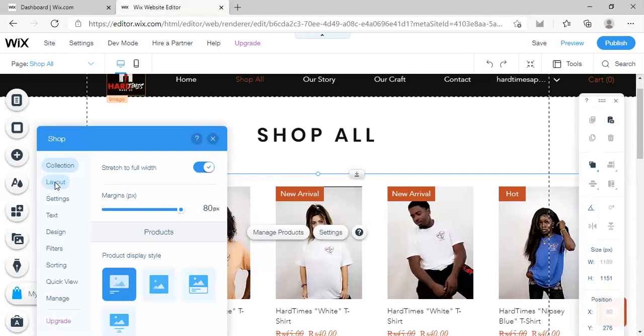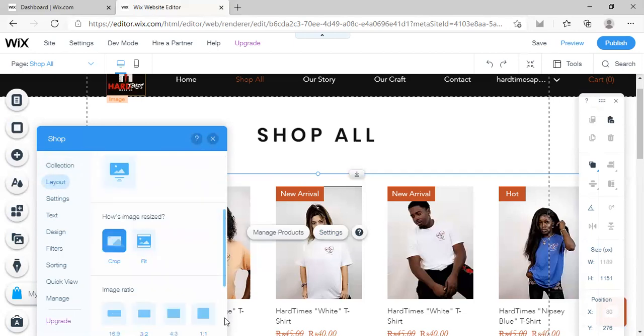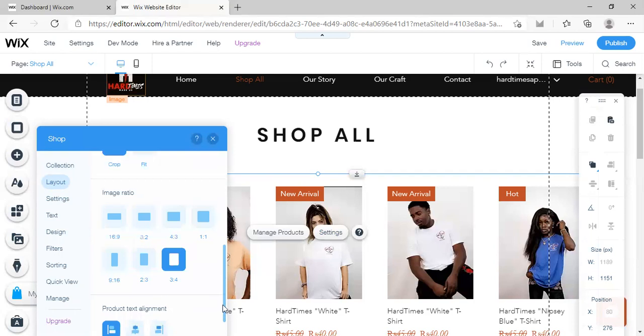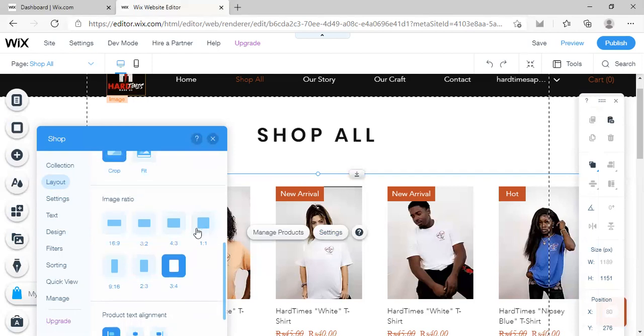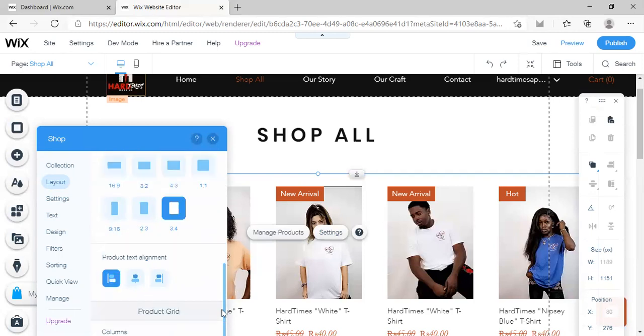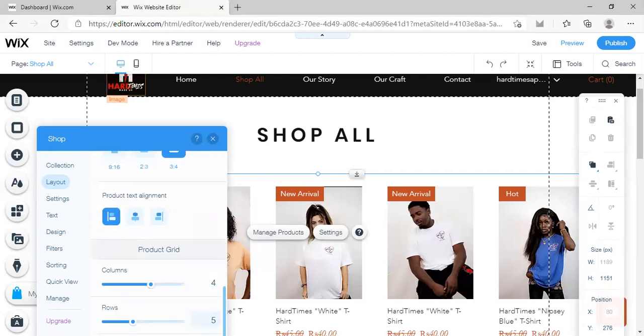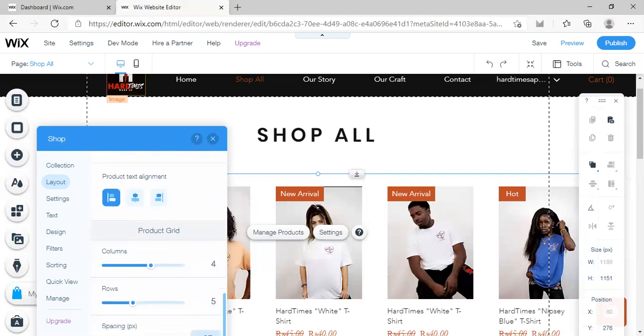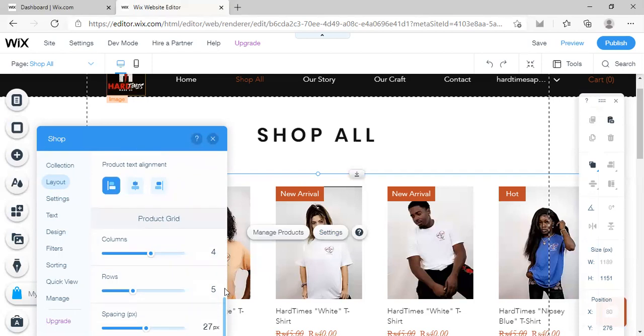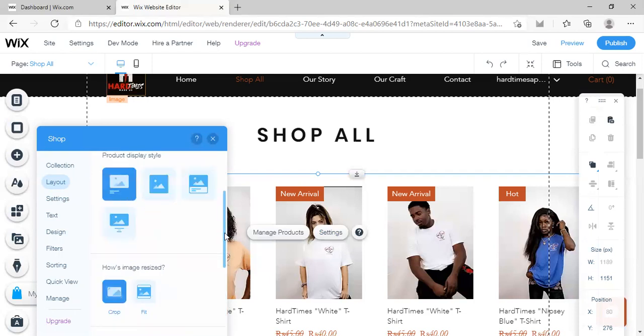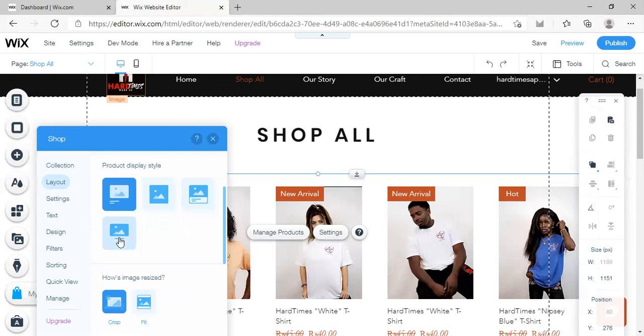You just need to click on layout. And here you can see the different layout options available, like how you want the pictures to look. You can see the image ratio, the product text alignment, and also the number of columns and the number of rows which you want to show. All the things are available. First, we will pick the product display style, this one, and you will see here,